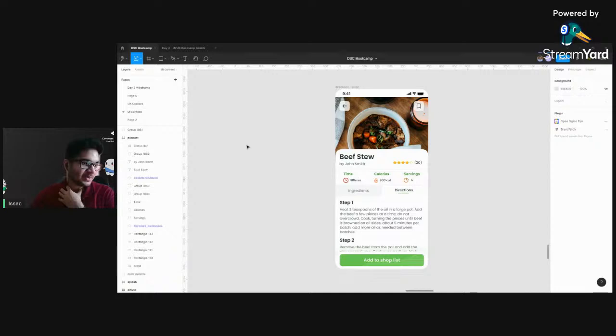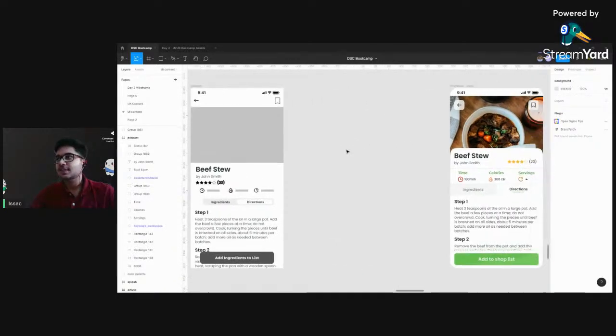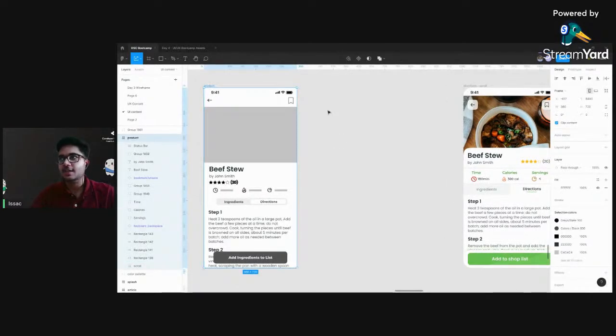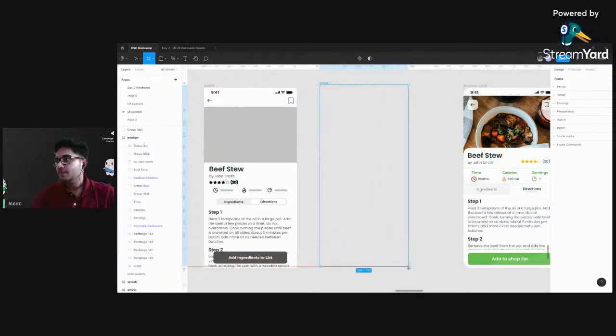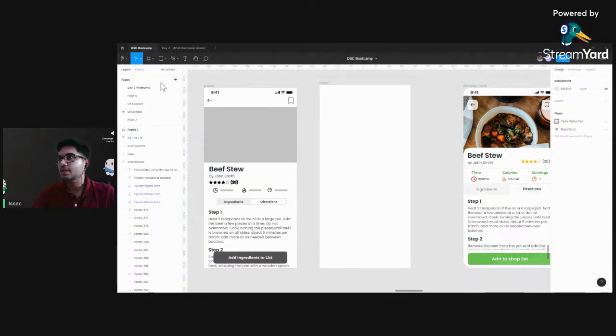All right, let's get started. In the last class we discussed why we use the frame size that we set, which is a frame size of 360 by 720 pixels. So that will be what we'll be using today. You can choose your own frame from the frames tab if you click on the frames tab here or press F. F is the shortcut for frame, and you can literally see lots of